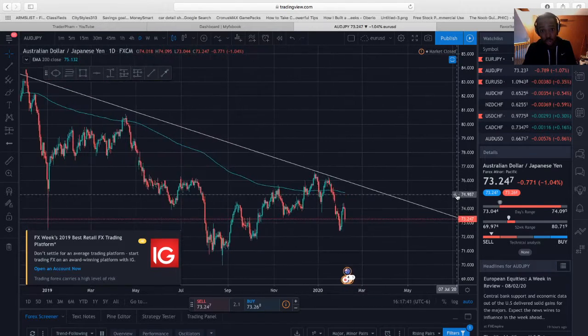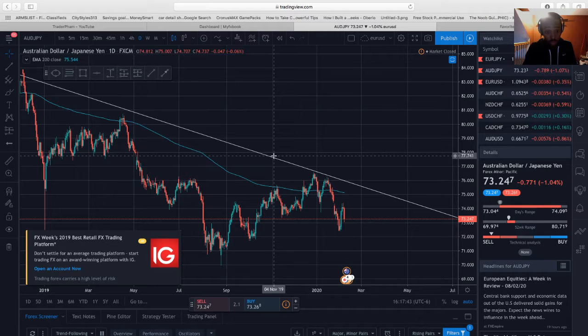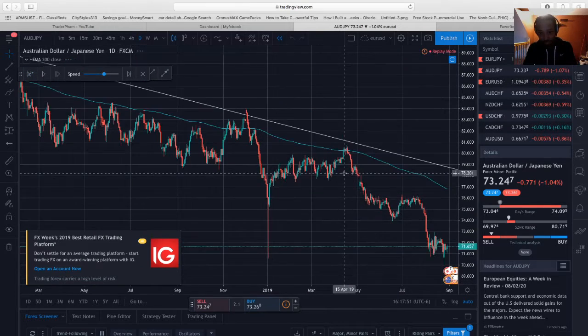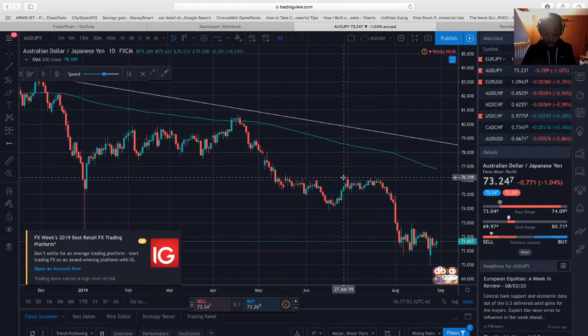Actually, we'll make it even sweeter for you guys. Do it here. Cool. So step number two, guys, is to identify support and resistance, if there is any support